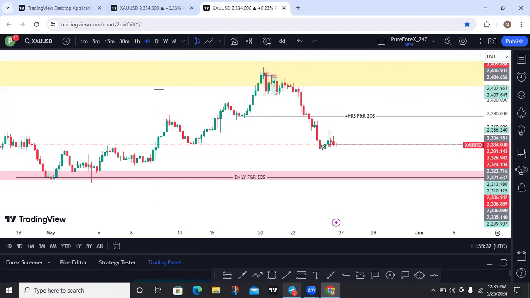And also, if you look at market structure, you see that this market was making higher highs. This is a low, this is a high, higher low, higher high, higher low, higher high, higher low, higher high. And you guys should always remember the Dow theory, which states that the market will continue to move in this specific direction until the preceding structure breaks, which means until the previous higher low or lower high is being taken out by price, right?